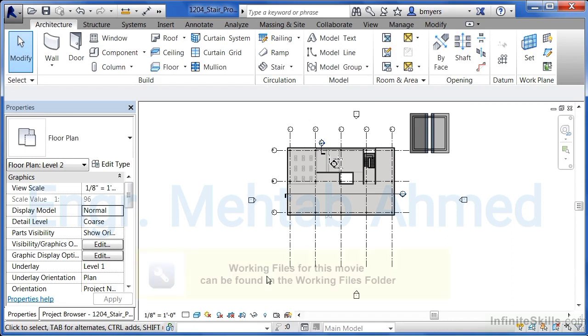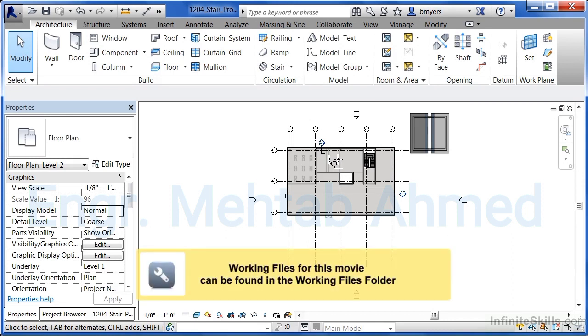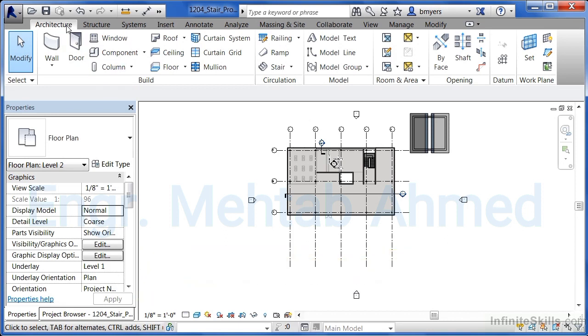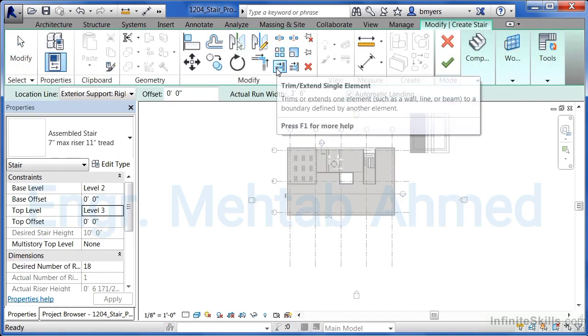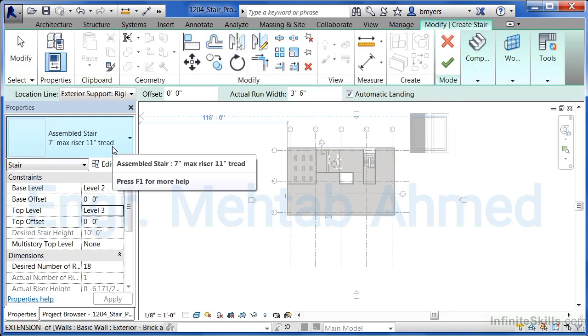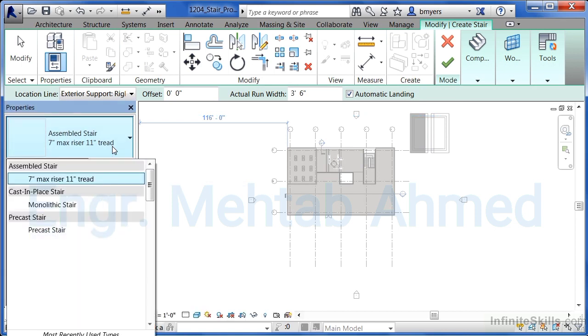In this exercise, we're going to review the different properties that make up a staircase. To understand this a little bit better, we need to activate the staircase command from underneath the Architecture tab, and then select on Stair. When you do this, we'll see there's a type selector list underneath Properties, and if you pick on that type selector list, we'll see that there's an assembled stair,